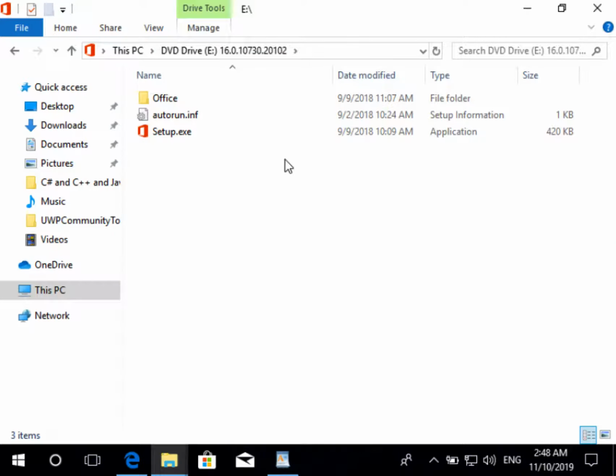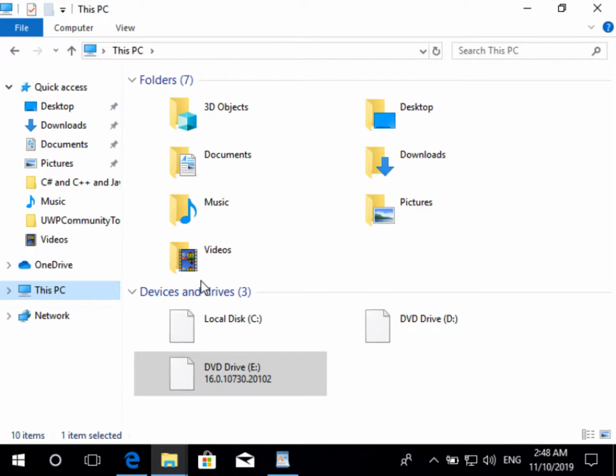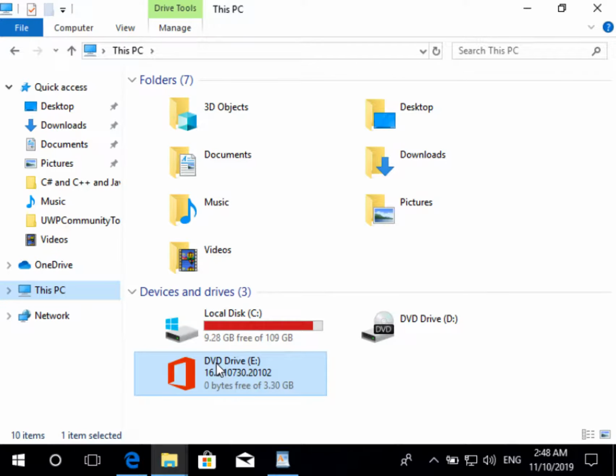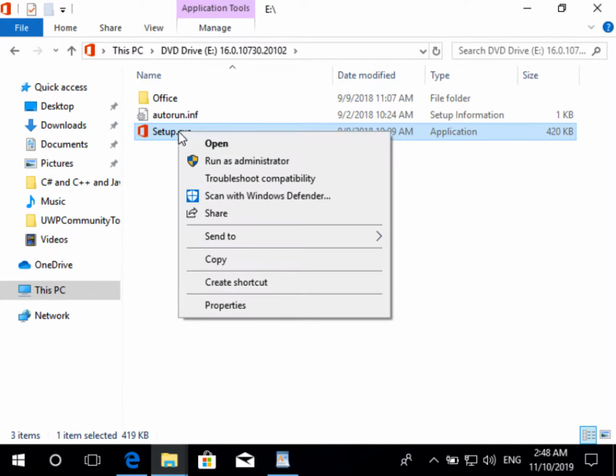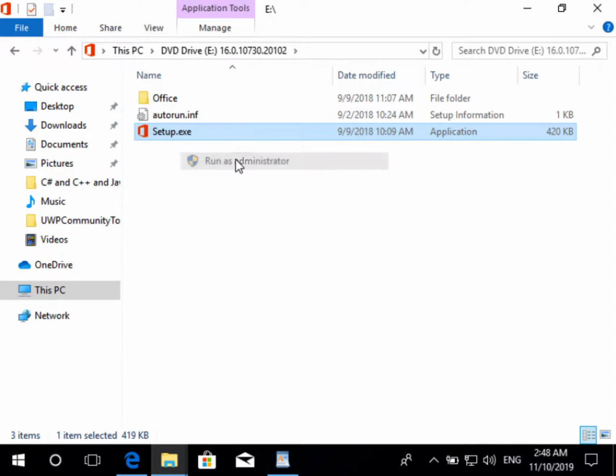When you do mount, it creates a drive, E drive. We can go back and check in This PC. So, right, it created a drive, E drive. If you open the E drive, it contains the folder. Now, if you want to install this setup.exe, you can click and run as administrator,